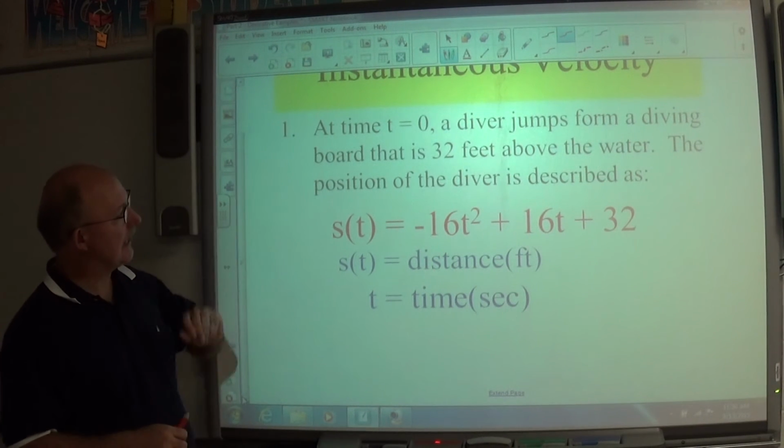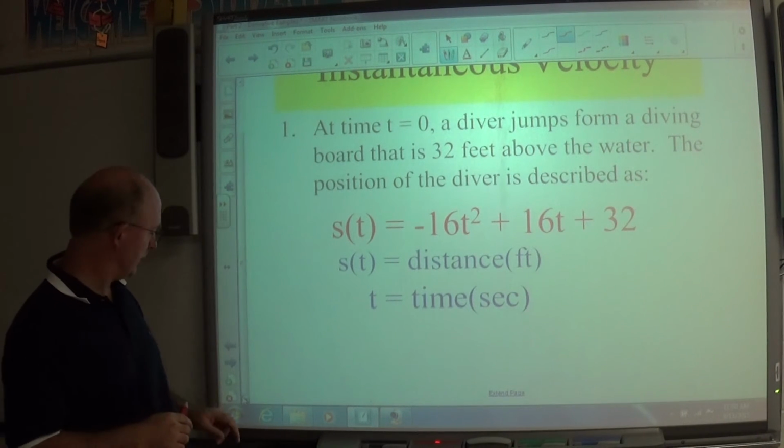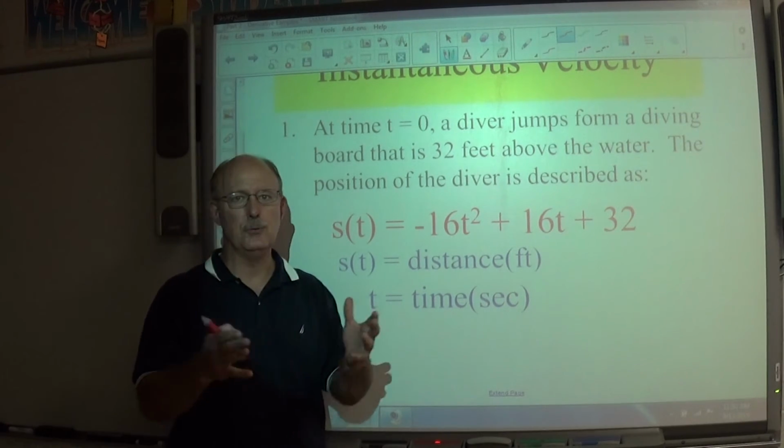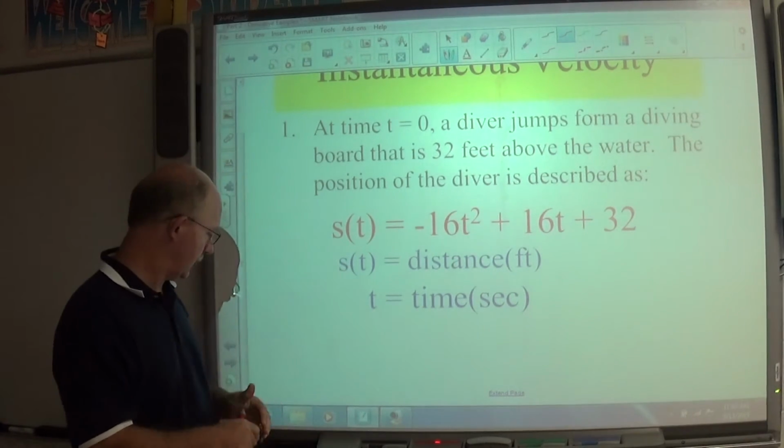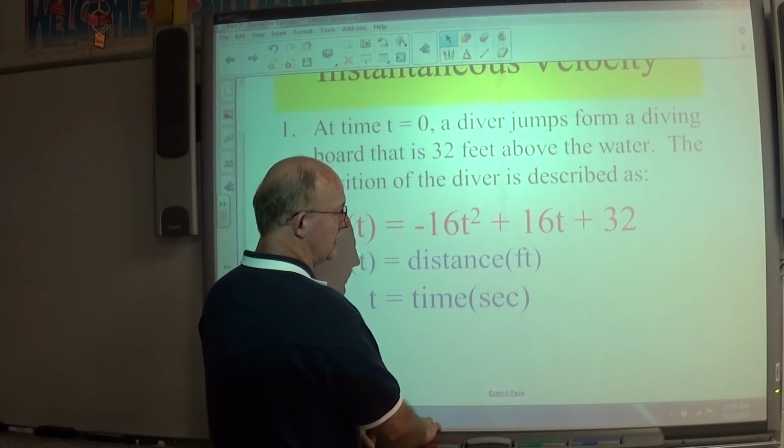Now this time we're going to be looking for instantaneous velocity. For instantaneous velocity, we use the derivative. Now we're talking about the slope of a tangent line. So instantaneous velocity